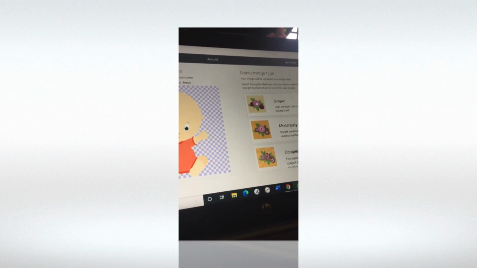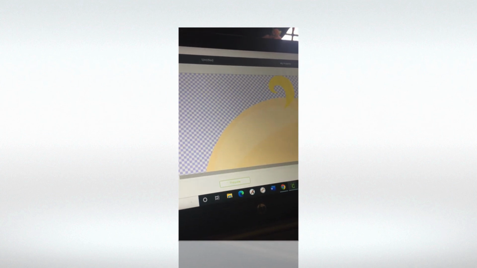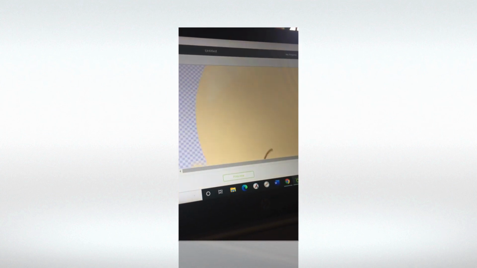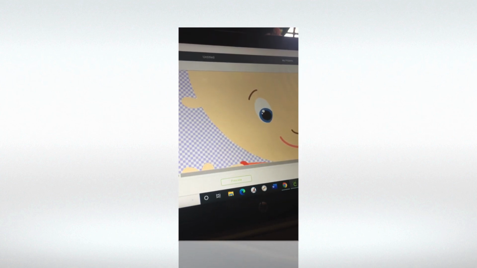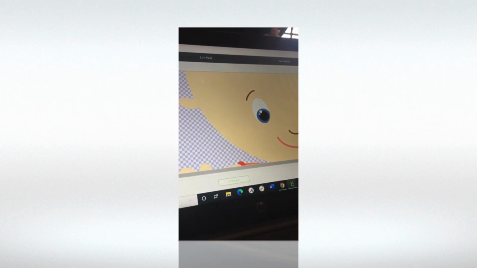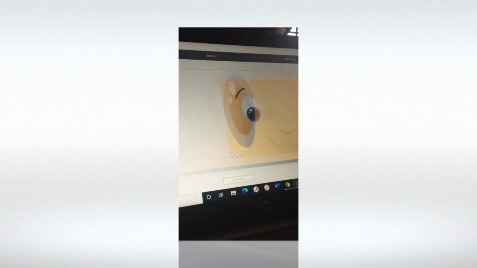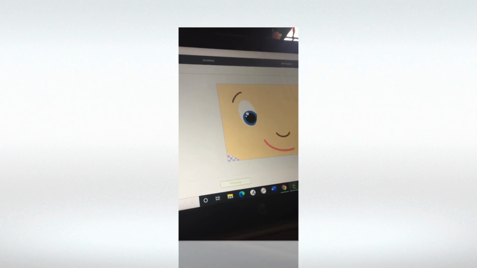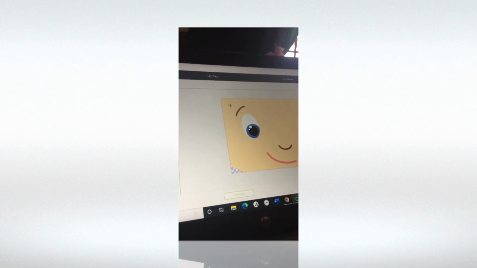And we're going to say simple and open. Now, baby's face is very small, as you can see. And what I'm going to do now is I'm going to use my wand and I'm going to take away